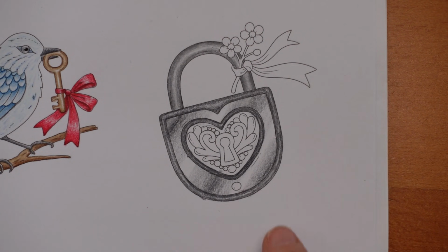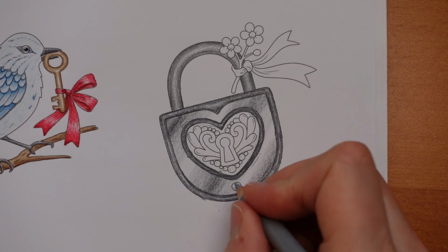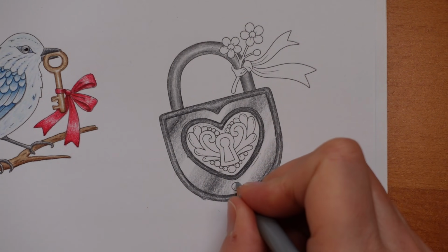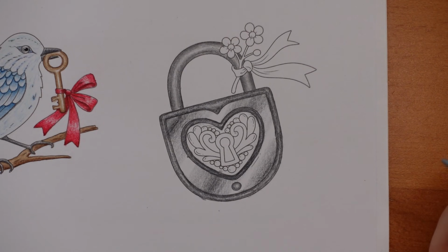Now, I've got this little circular bit. I'm just going to try and make that look like it's standing up off our lock. So this is number 4. I'm going to go around the edge and then fade it towards the middle. There we go. Now this bit here. Now let's have a think. So the back,